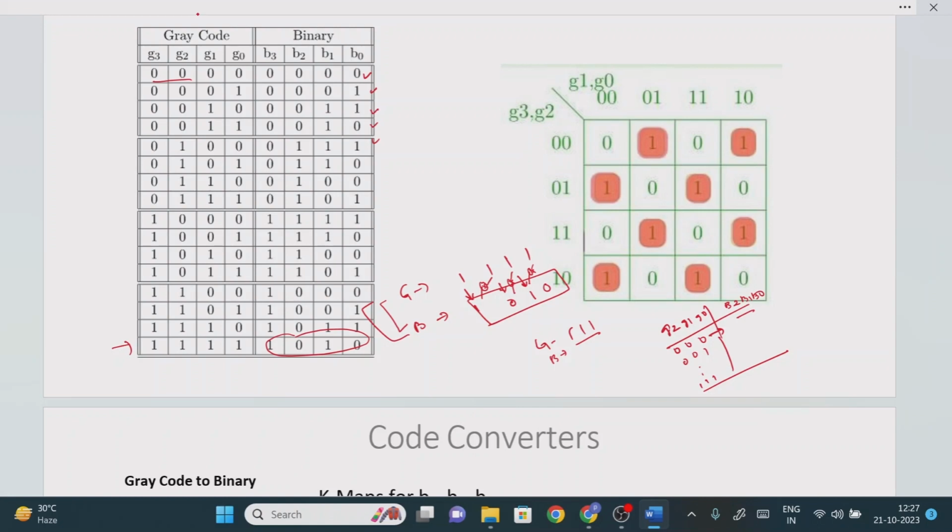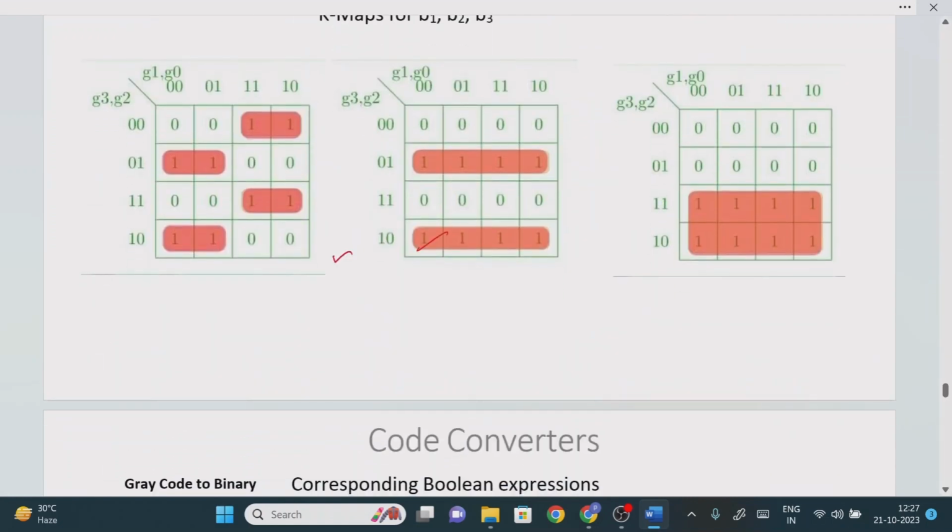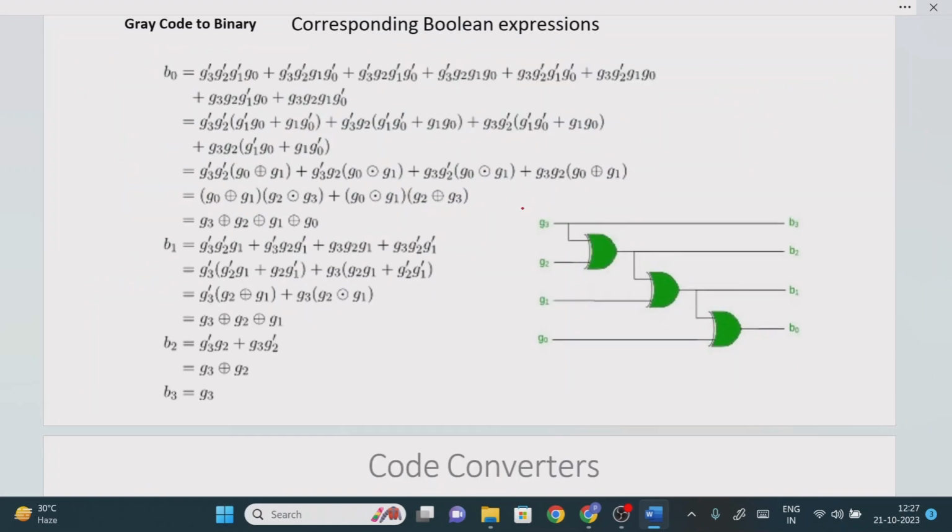So next what we have to do is, we have the 4 outputs, so we need to find out the 4 minterms. After that we need 4 K-maps. Each is a 4 variable K-map. Then you will be finding the 4 logic expressions. From that 4 logic expressions we need to draw the logic circuit diagram. So this is how we are going to draw the logic circuit diagram.